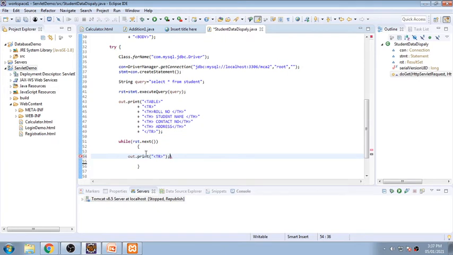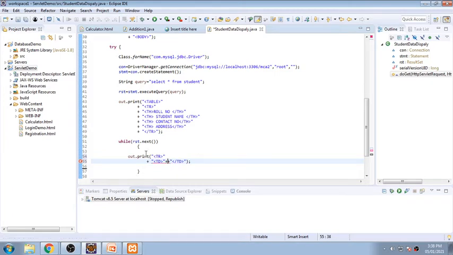So this is my first row, and then a td. There will be multiple tds. The first td will contain, so here I will be closing this parameter.